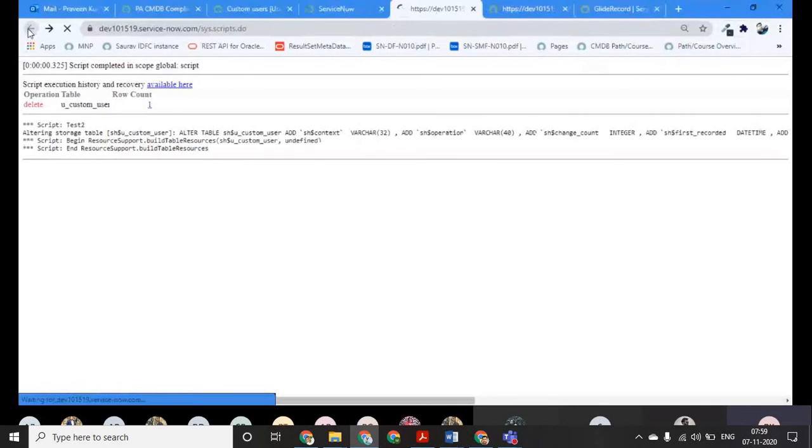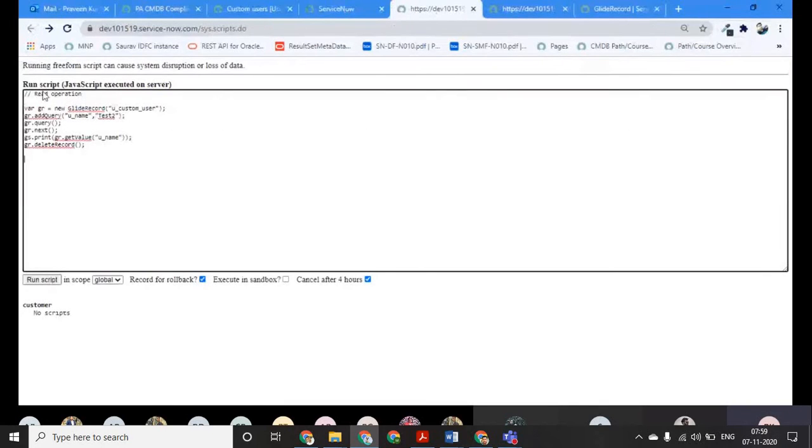Yes, record not found. It is deleted, correct? So this is the way we can delete a record. Deletion is also very easy. Now, delete here will delete all the records present in the form, which is why we put the filter. We put the filter, then we delete only that particular record.